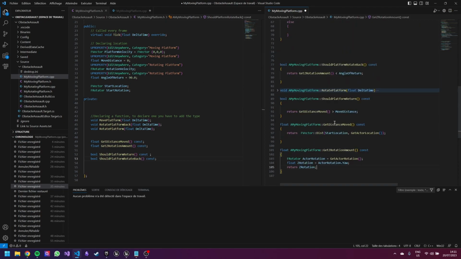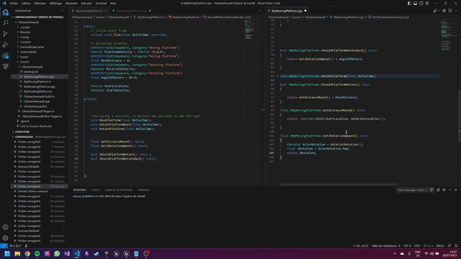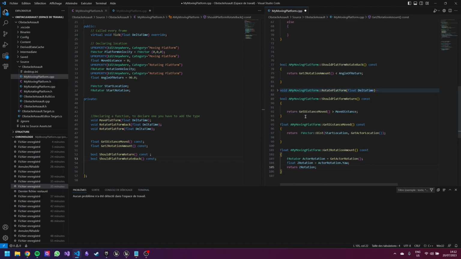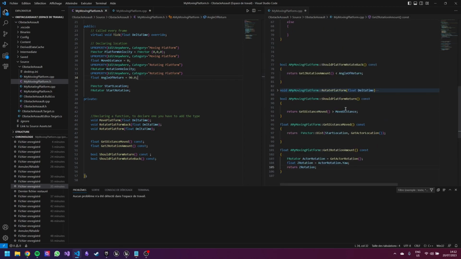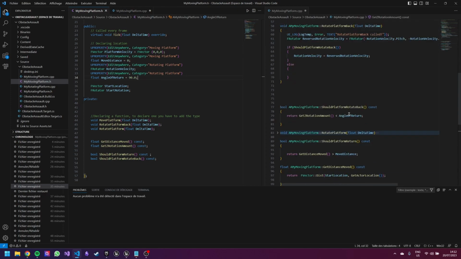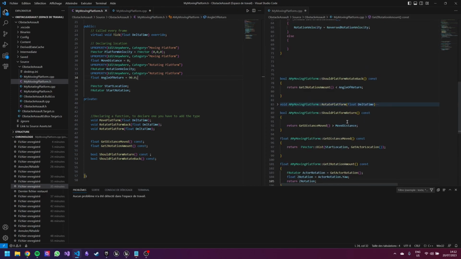So let me know what you think about my little door and what could be improved, because I feel like this part is the part that kind of sucks. I think this can be way better, but I didn't find a way to do it while remaining kind of basic in my code, because I don't have that much knowledge at the moment. So let me know what you think, and